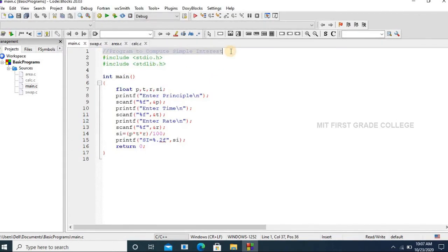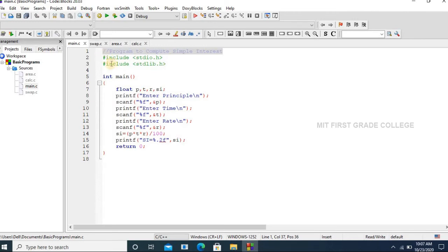So this is the comment line, double slash is used for comments. These will be ignored during the compilation process. We use comments for our reference and documentation. Then we have stdio.h library file inclusion as well as standard library file inclusion.